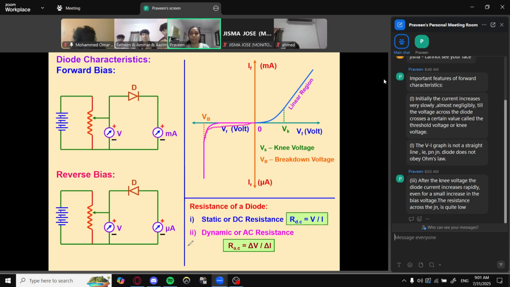Okay, write down first. When the diode is reverse biased, a small current, a very small current,